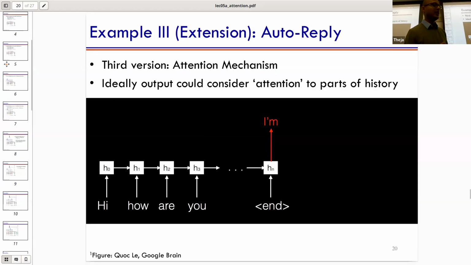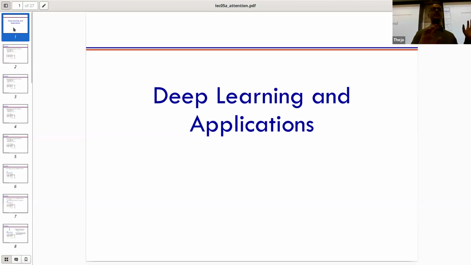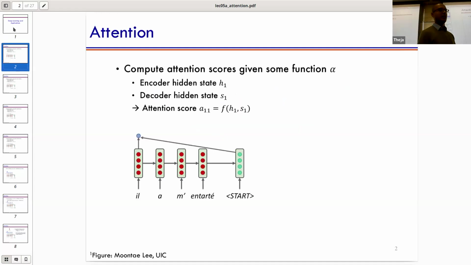through an example, and we'll stick to the machine translation example because auto reply and machine translation are all kind of similar, and you've worked on machine translation in assignment 3. So let's do that. We'll think of the forward pass. There are many ways to introduce the same concept, but I think it's always good to first see what is mechanically happening for a small illustrative example. So this one is an example for translation, going from a French sentence to an English sentence.